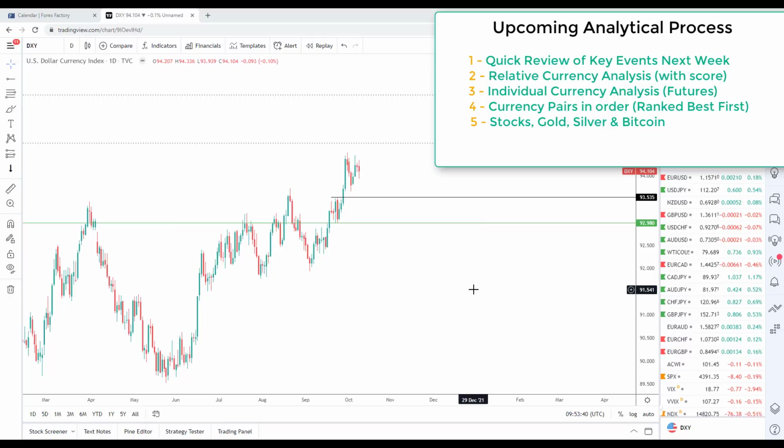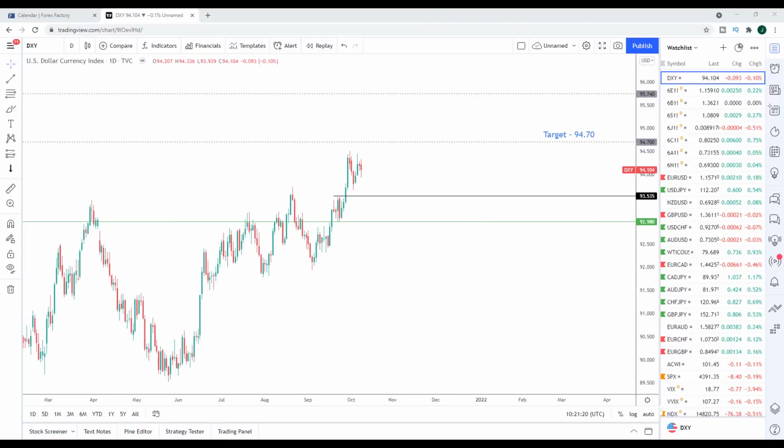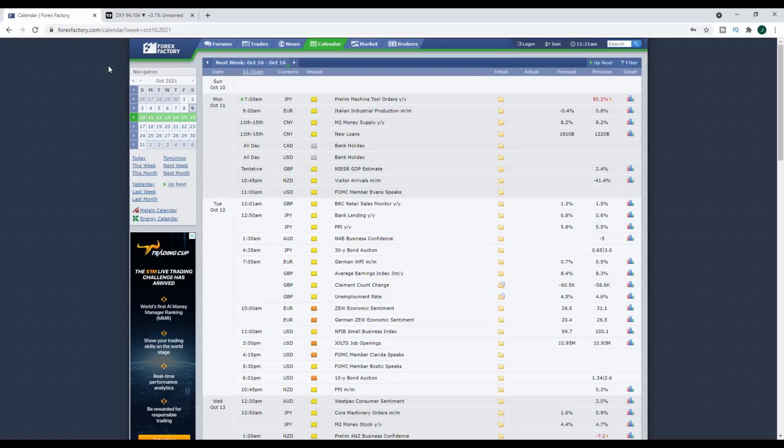Finally, once we've got those, we're going to look at the markets which that process points us towards, because those are the Forex markets we're most likely to get explosive moves in next week, and therefore the markets we want to put on our watch list and look for opportunities in next week. So if we start off by looking at the economic calendar for next week very quickly,